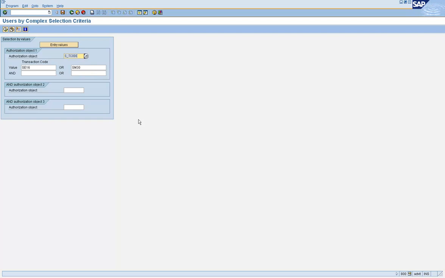So if you want the right pieces of information, then you have to go to the object level. Using the S_TCODE object option, it will pull out the right list, including the ones that you have added to S_TCODE manually.